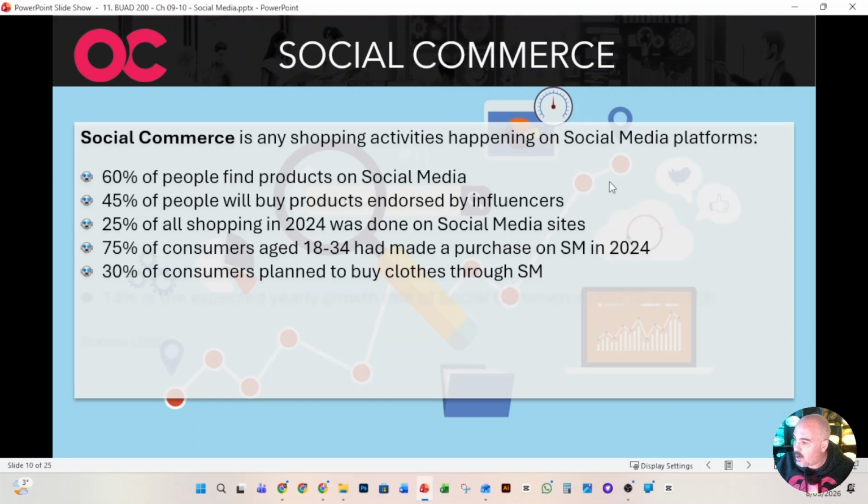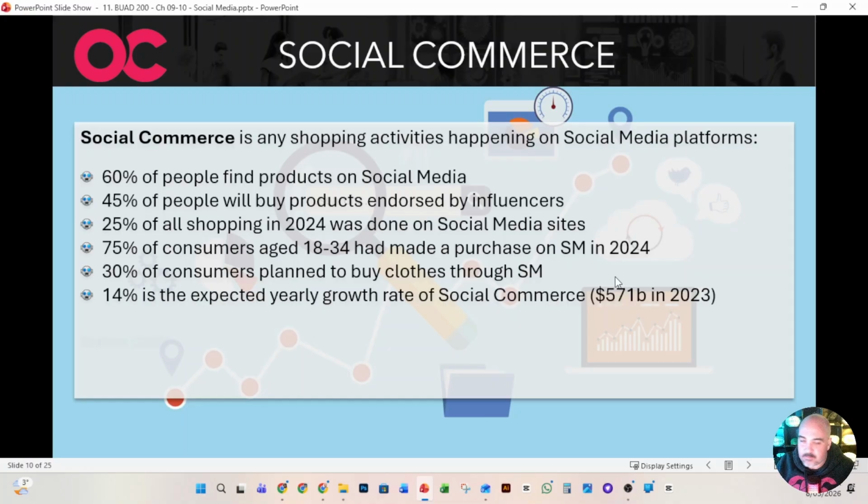So, pretty good platform for clothes. 14% is the expected yearly growth of social commerce. So we're at 571 billion in 2023. So add 14% onto that year over year up to where we are now. And that's from Statista 2025. So, guys, we can see just based on these stats, social media commerce is quite a big business.